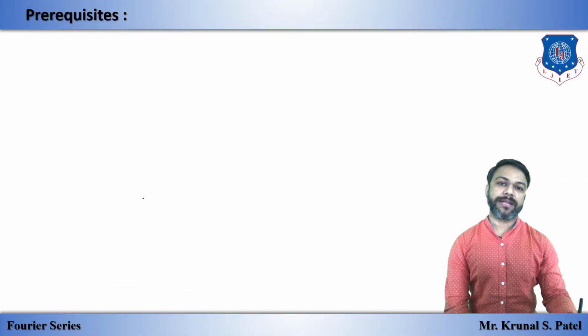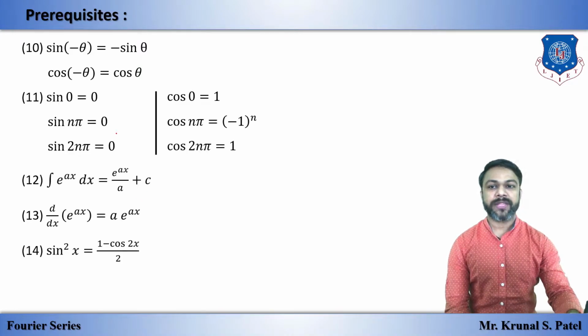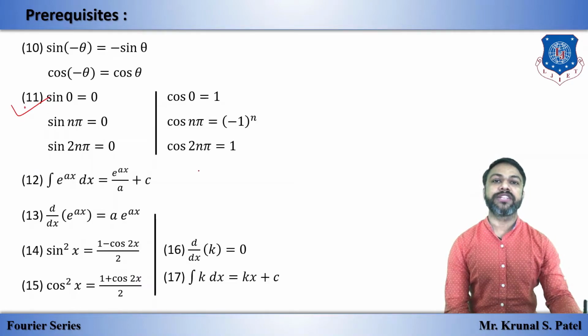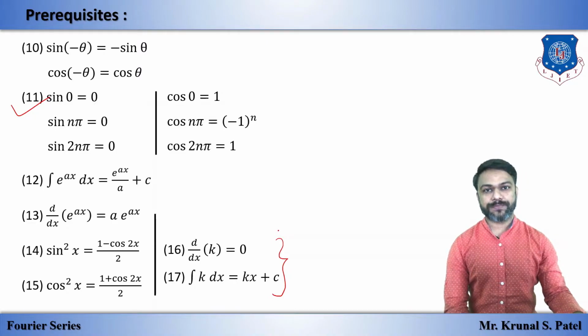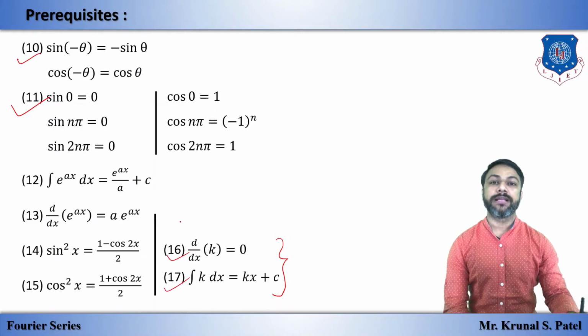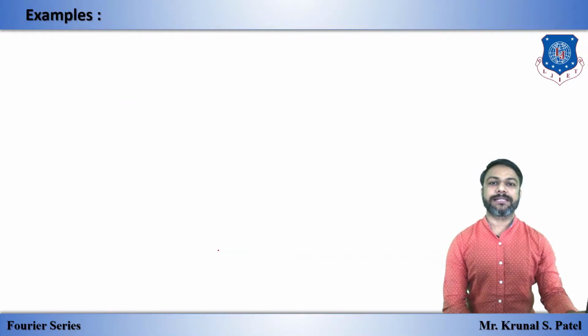And we have formulas 10, 11, 12, 13, 14, 15, 16 and 17. This is the most important formula, which we will also use in each and every example, and these two formulas we will also use maximally. So in total we have 5, 4, 5, 6, 7, 8 and 9. These 9 formulas we will use very frequently. All the 17 are important, but these 9 we will use frequently.